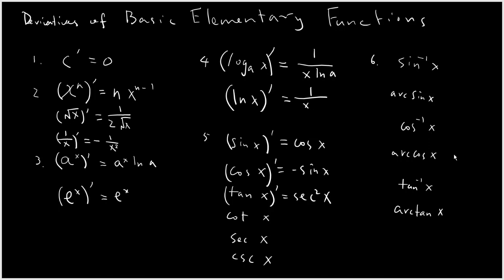And then the derivative of cotan of x is equal to negative cosecant of x the whole thing squared. So that's why I say the whole thing squared. And then the derivative of secant of x is equal to secant of x then times tan of x. And the derivative of cosecant of x is equal to negative cosecant of x then times